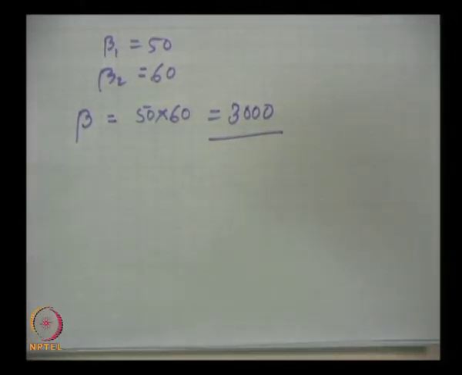Darlington pair which has been formed with two transistors individually having current gain of 50 and 60, when they form a Darlington pair, then the current gain available will be 3000. This has wide applications. It is formed even in integrated circuits, and otherwise also in discrete circuits Darlington pair is widely used. Darlington pair is actually, in reality, these are two emitter followers,